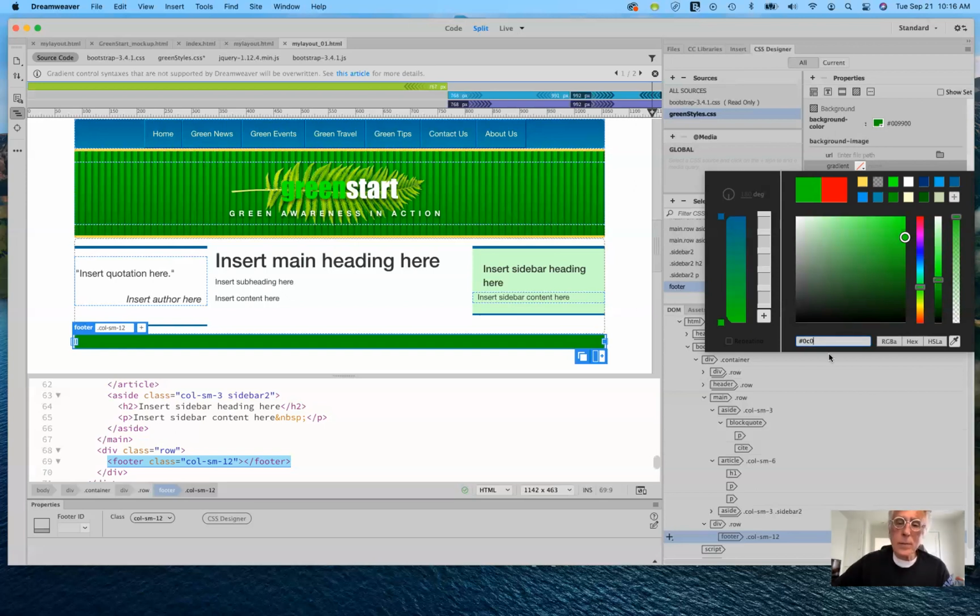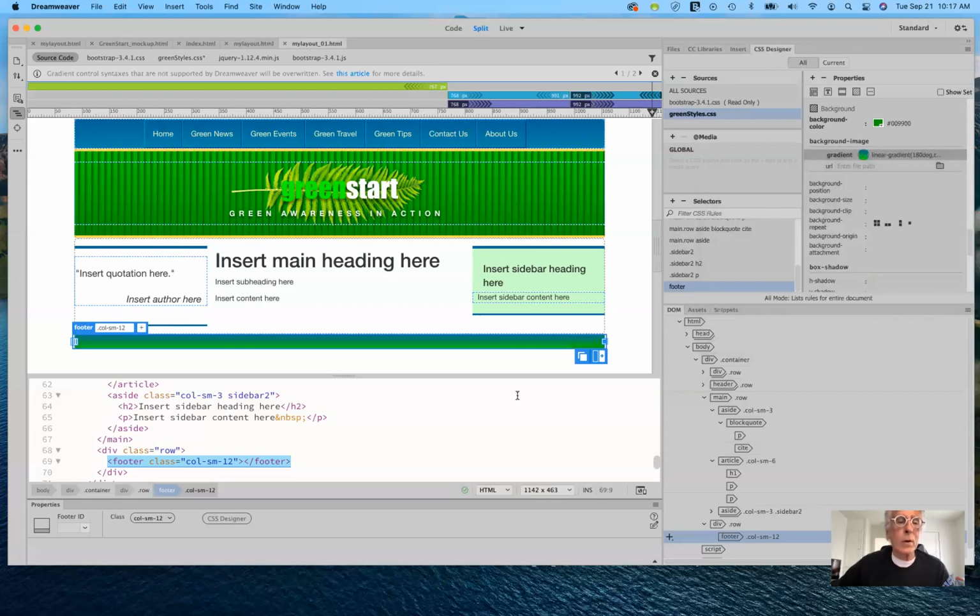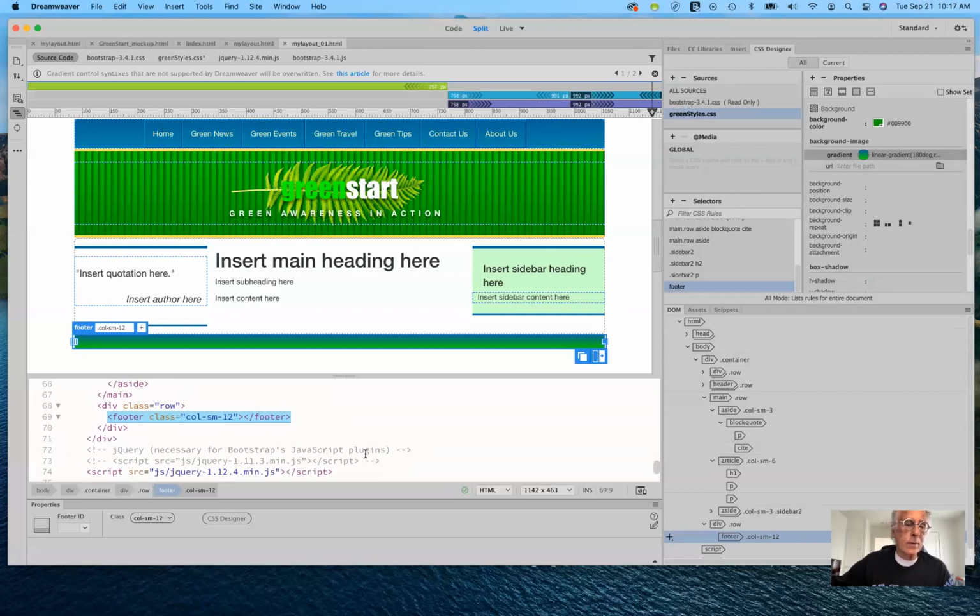So do we want that at the bottom? I guess so. Okay, well, let's go ahead and put it in here. If we don't want it, we can always go back and change it later. Now, the next thing that we're going to do is add some text. So in the footer here, we can either do this from